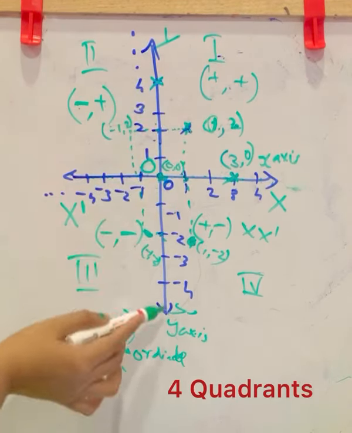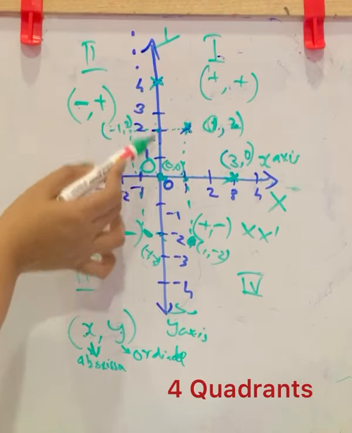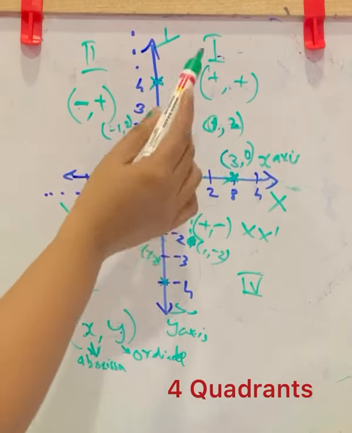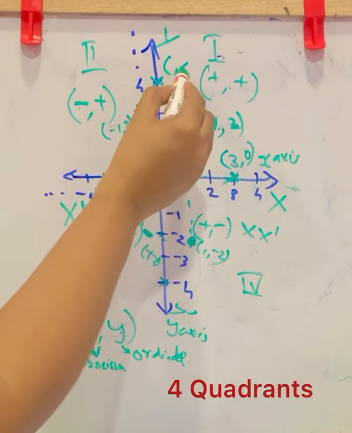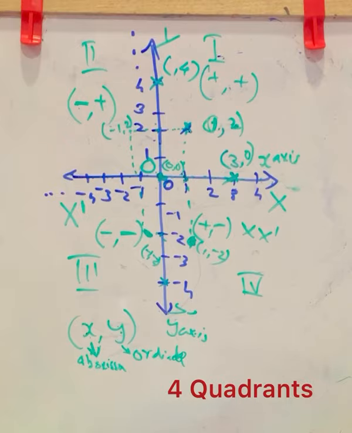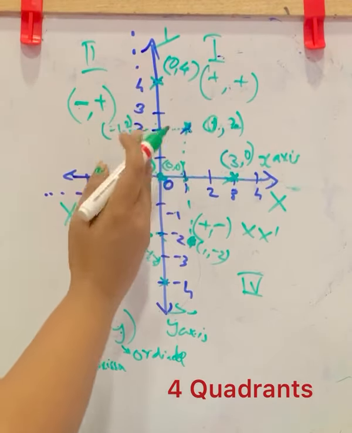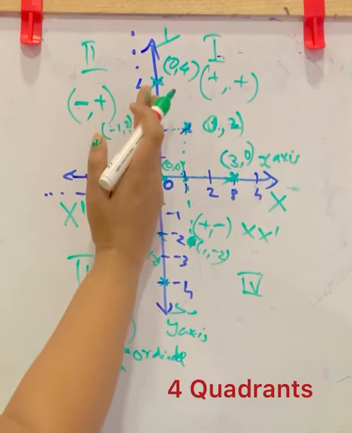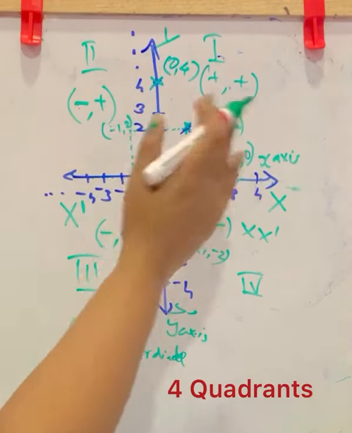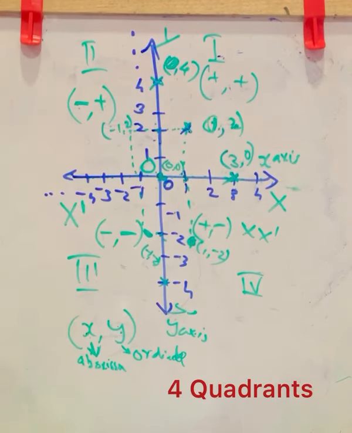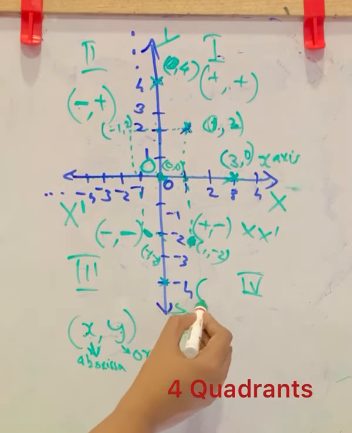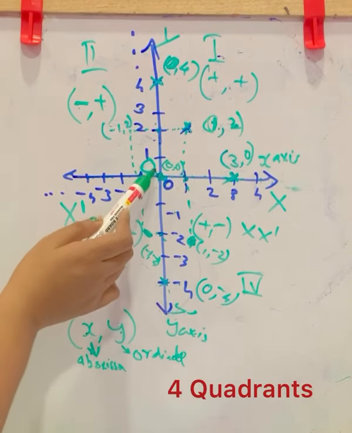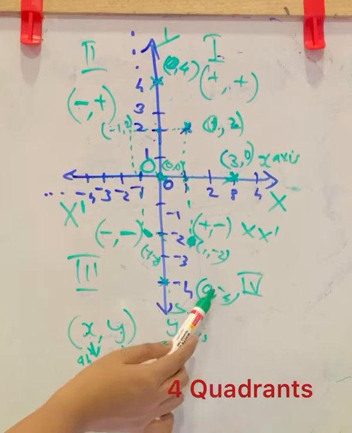If it is lying on the y-axis, it has only the height. If it is here or here, we have the height, that is the y coordinate. We can say the y coordinate is 4. What about the x value there? The x coordinate is 0 because we have no distance from the y-axis to either side. The distance showing the x coordinate is 0. Here also it is 0, negative 4. We have the height, that is the y coordinate, so we write negative 4.